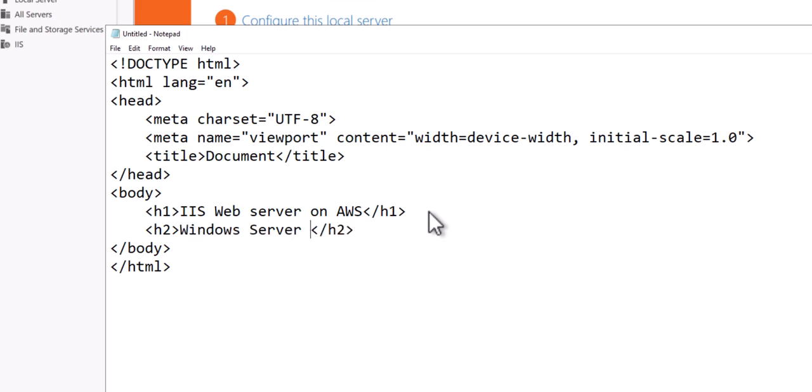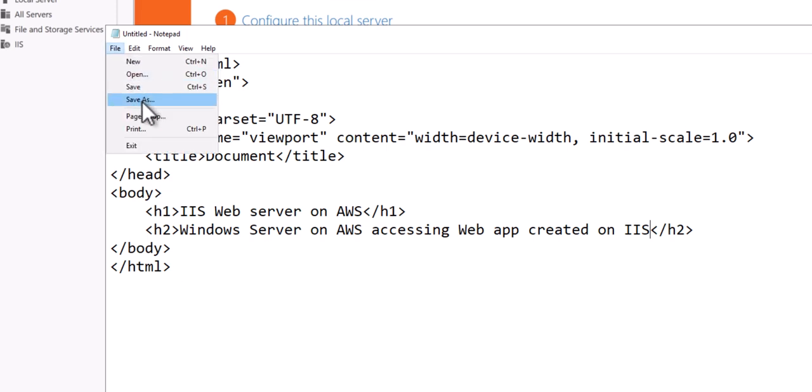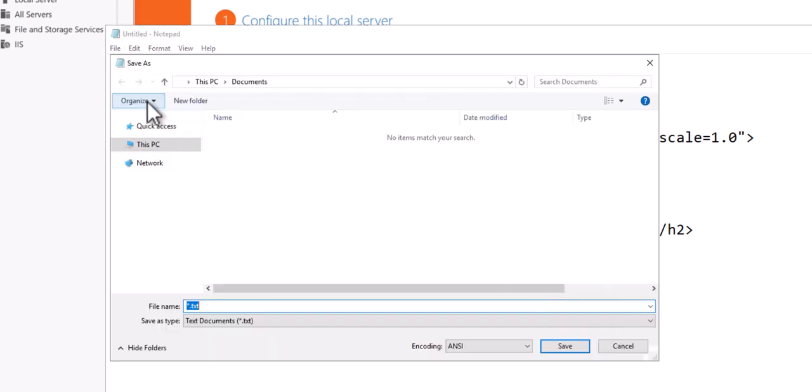Windows Server, AWS, accessing the application related on IIS. Okay, all you have to do is save